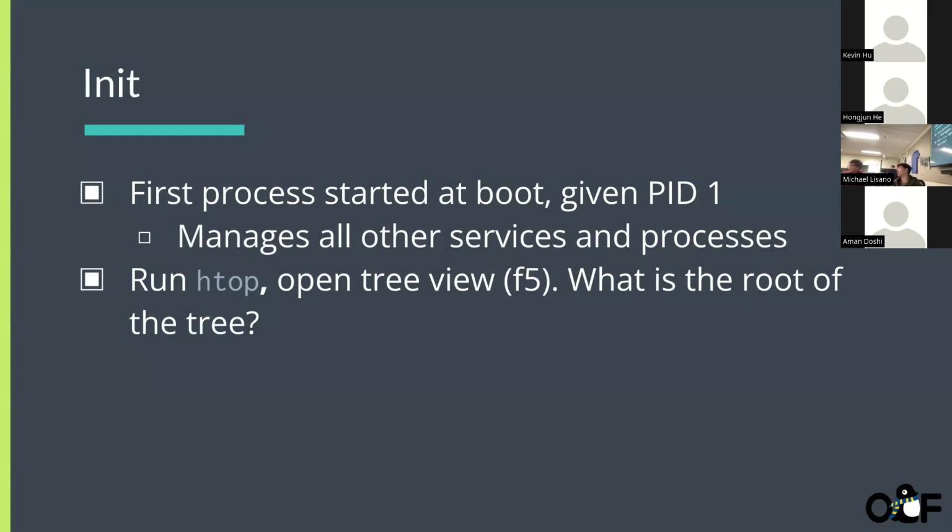Okay, so has anyone opened up htop yet and sorted the tree? Let me just walk over and see what they're doing. Press F, open tree view. Press F. Oh yeah, there you go.